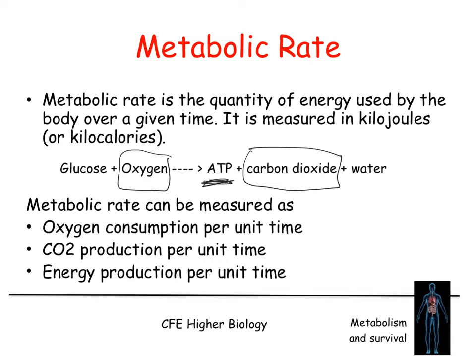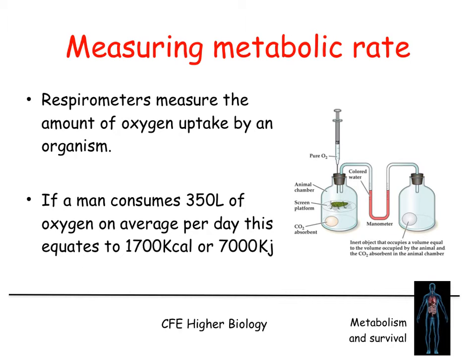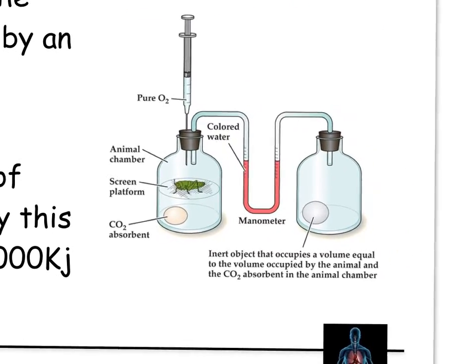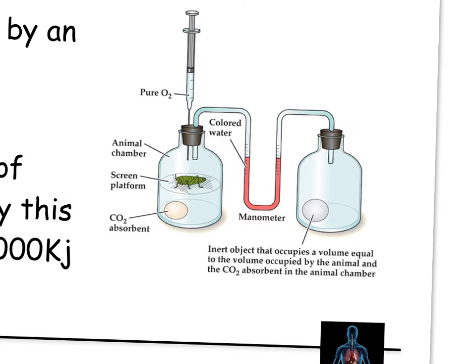And we can measure the respiration rate using different pieces of equipment to do that. We can use things called respirometers and things called calorimeters, and we're just going to have a look at these bits of equipment just now. So first of all, having a wee look at a respirometer. Now basically a respirometer, you've seen these before. There's different types, and here's one here where what happens is,